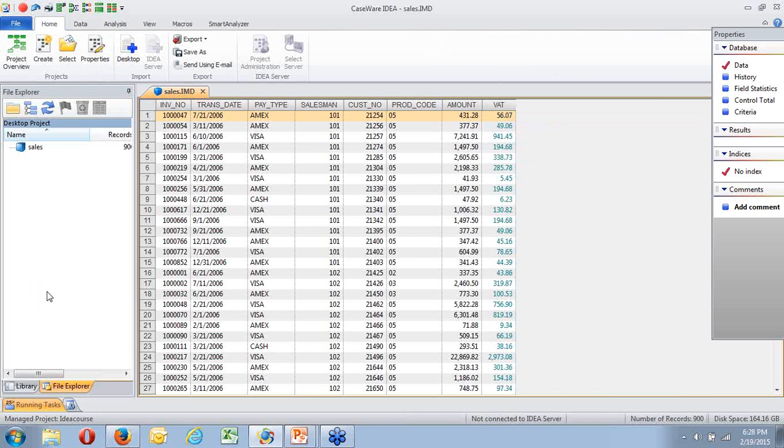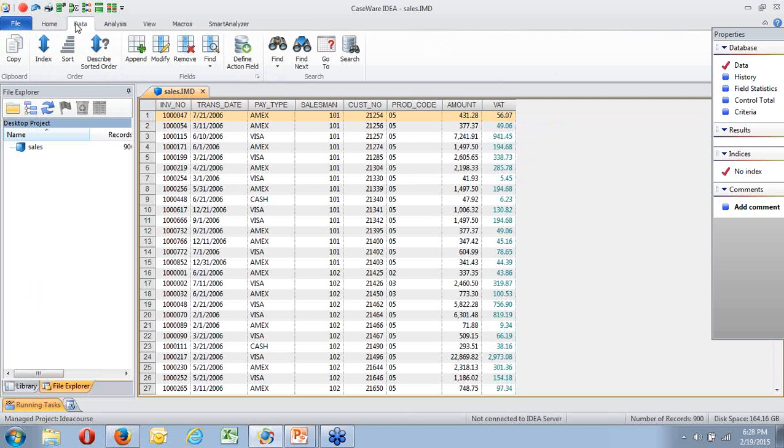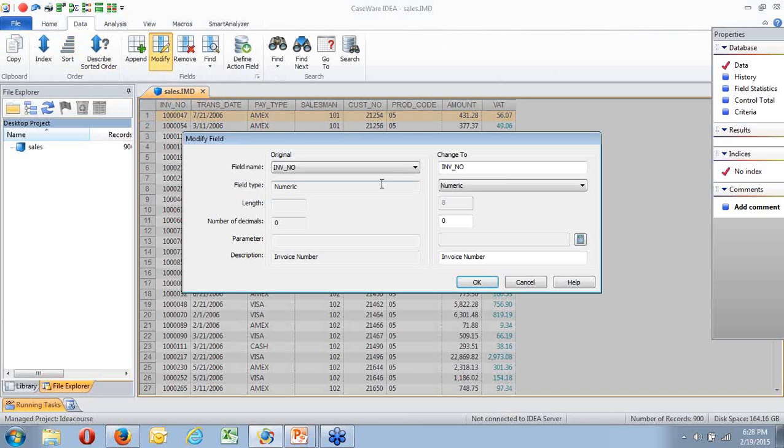Damn. Well, I can go into my data and I can modify it. What do I want to modify? Well, I don't want to modify the invoice number, but I can go down to that VAT. It's a virtual numeric field, and I can do it through the equation editor, or I can simply go to the 13, change it to 14.